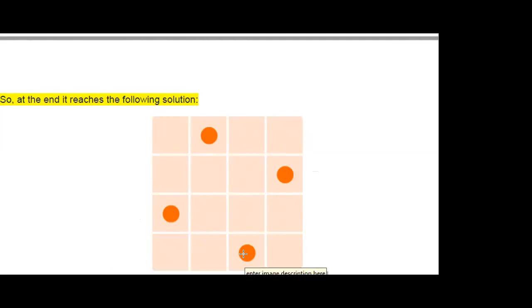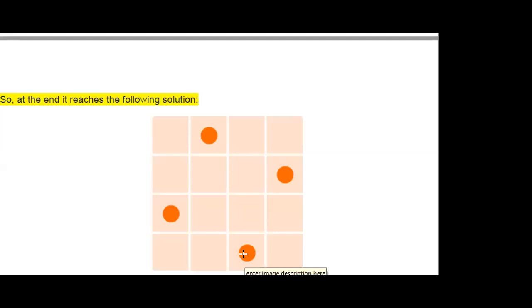There are 2 backtracking algorithms that we are going to discuss. The first one is the 8 queens problem. Today I am discussing the 4 × 4 matrix, but in the 8 queens problem there is an 8 × 8 square, that is 8 rows and 8 columns, with a total of 64 squares. You have to place 8 queens in such a way that none of the queens contradict each other, that is, none of the queens attack each other.